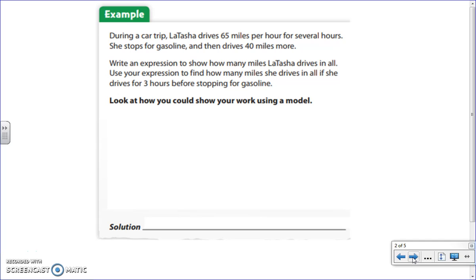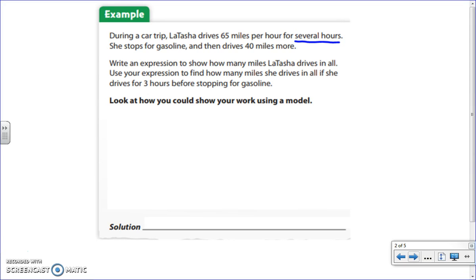It says, during a car trip, Latasha drives 65 miles per hour for several hours. Now, when it says for several hours, it's not specific as to how many hours that she's driving. It then says that she stops for gasoline and then drives 40 miles more. Write an expression to show how many miles Latasha drives in all. Use your expression to find how many miles she drives in all if she drives for 3 hours before stopping